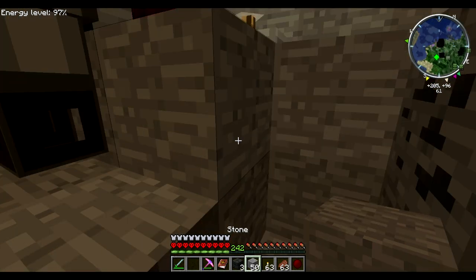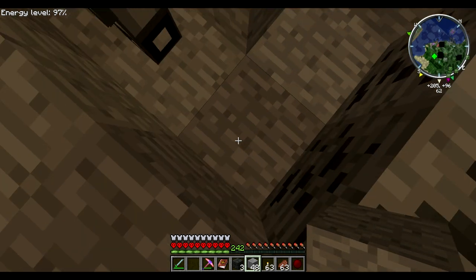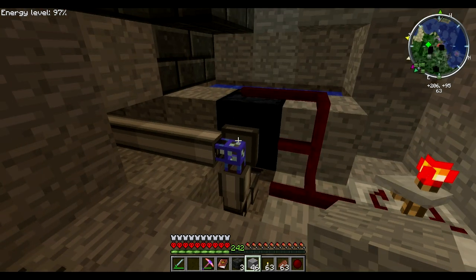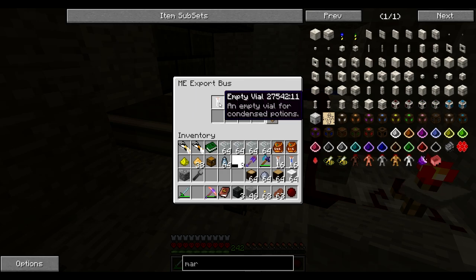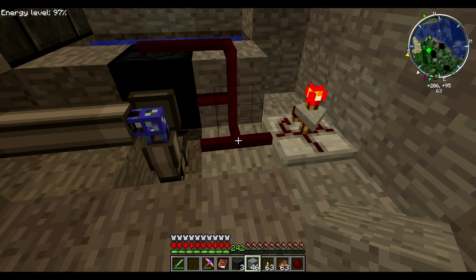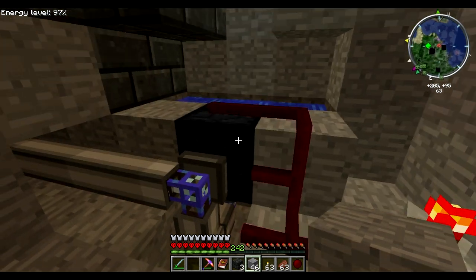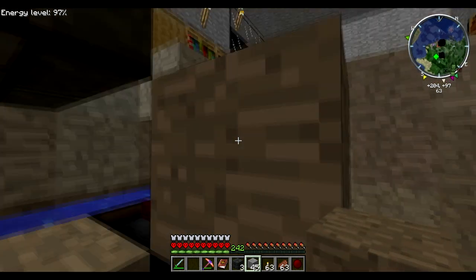The export bus, though, I'm getting a lot of lag. Right here, the export bus, I have set that to redstone mode, active once per pulse. Now, what that means is it will only put an empty vial into the deployer when it gets a pulse from redstone. In this case, the timer. And the reason I've done that is because if I did not do that...